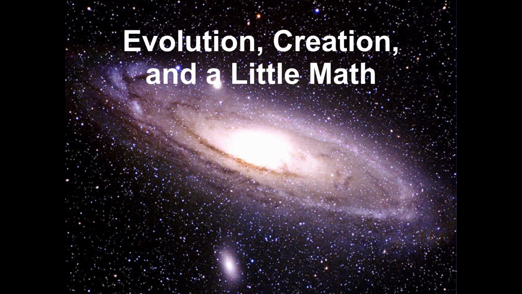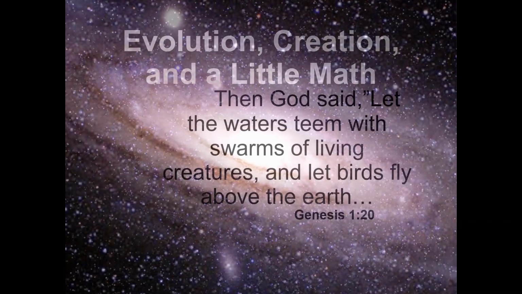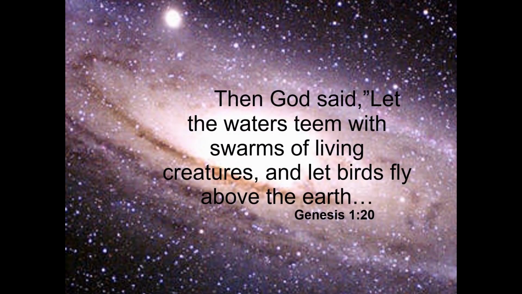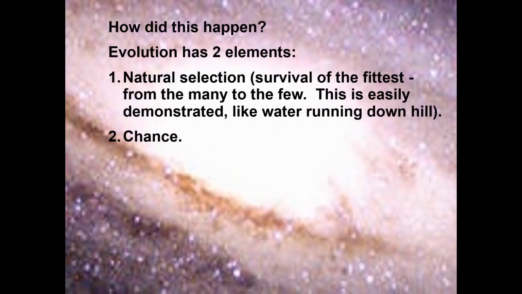Evolution, creation, and a little math. One way to look at it is what we see in Genesis. Then God said, "Let the waters teem with swarms of living creatures and let birds fly above the earth." But how did it happen? Evolution has two elements: natural selection, which is survival of the fittest, from the many to the few, and this